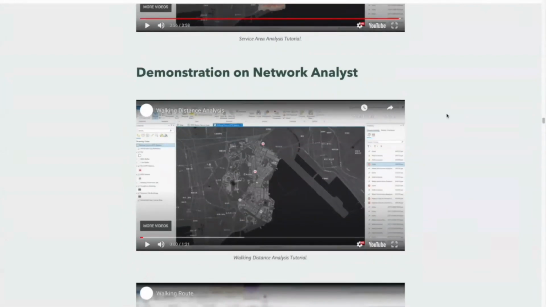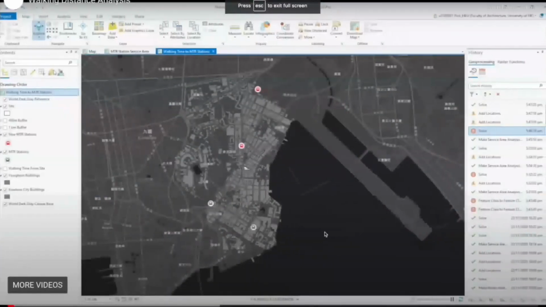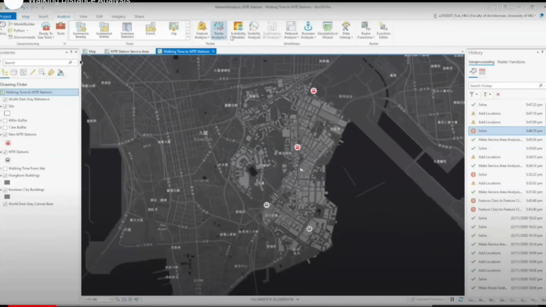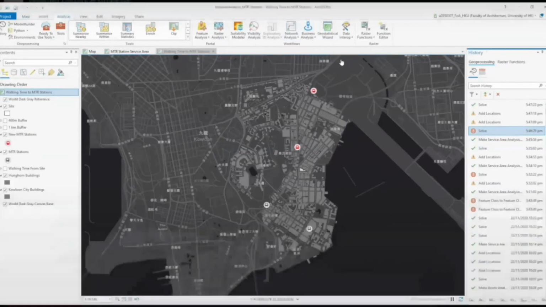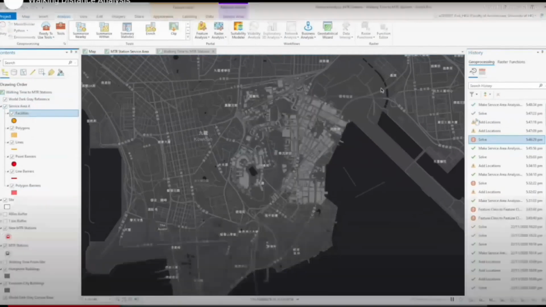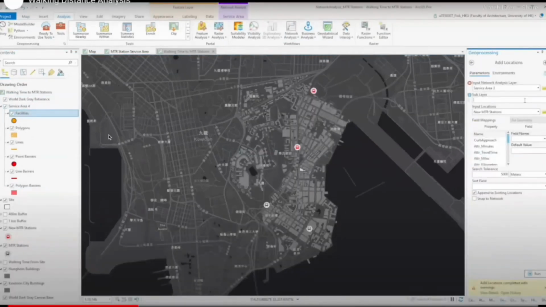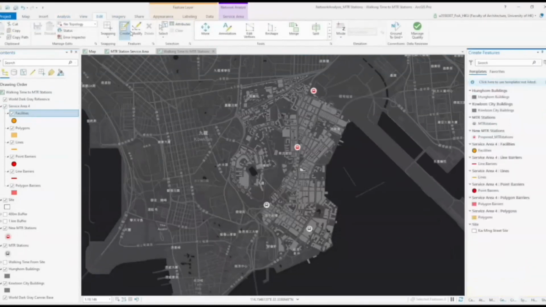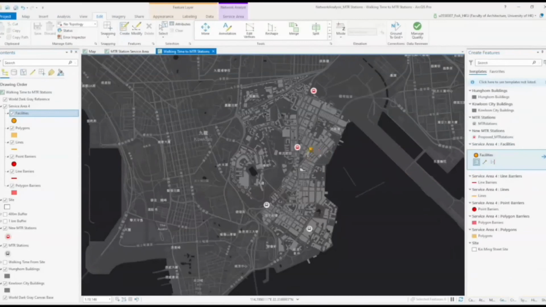Now we will be talking about another kind of analysis, which is the walking time. Similarly, we have our 4-point basis right here. So what we'll do this time, under the analysis toolbar, network analysis, similarly, we are doing a surface area analysis. As you can see again on your left, columns will pop up here. However, this time, instead of choosing MTR stations, we'll be choosing a walking distance away from our site.